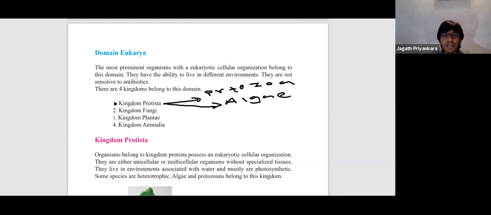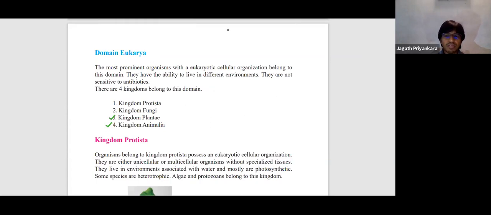Kingdom Plantae and kingdom Animalia we have completely done. So this last part, kingdom Protista and kingdom Fungi. Actually you get 3 groups under this, other than viruses: Protozoa, Algae and Fungi.